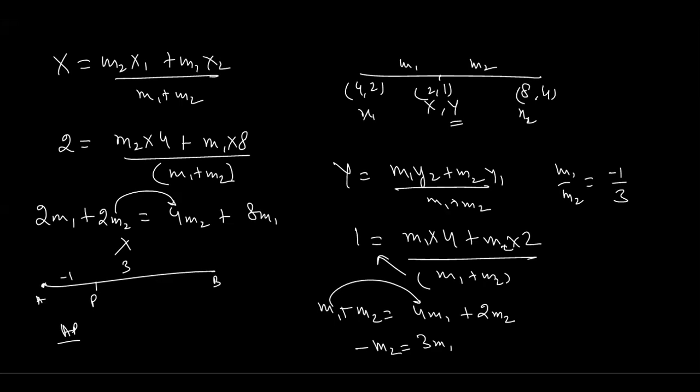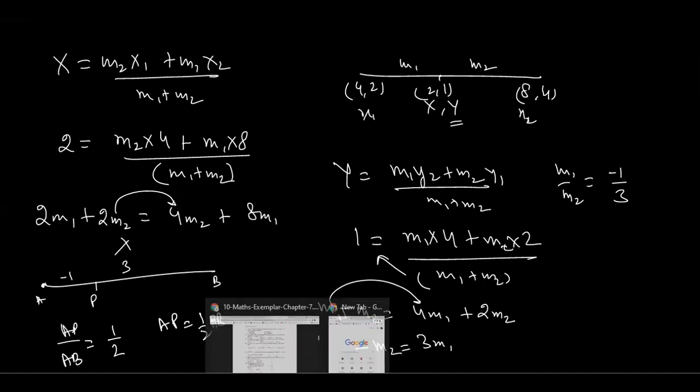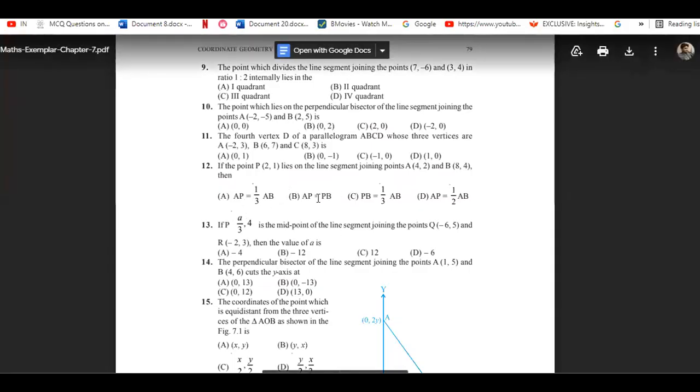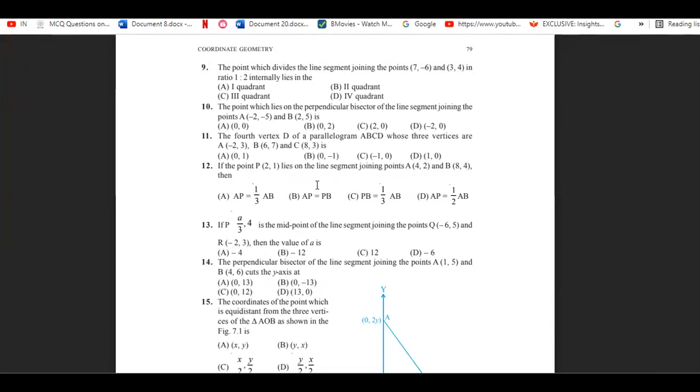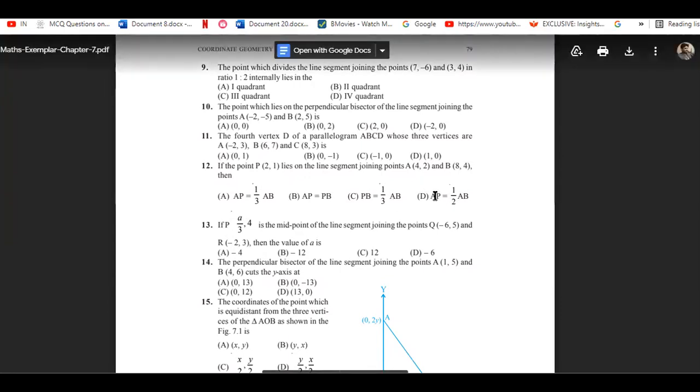Okay, so if I say that these 2 points are being joined here, and this gives you AP upon AB equivalent to 1 upon 2. So AP is equal to 1 by 2 of AB. Is such an option given to you in the question? No. So AP is equal to PB, and PB is being asked here. PB is equal to 1/3 of AP. AP is equal to 1 by 2 PB. So here actually the D option is correct. I think if we need to tick according to us, the D option will be correct.